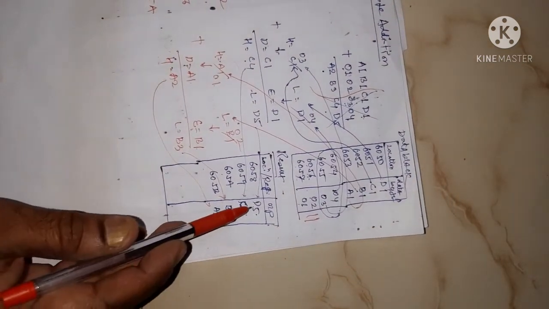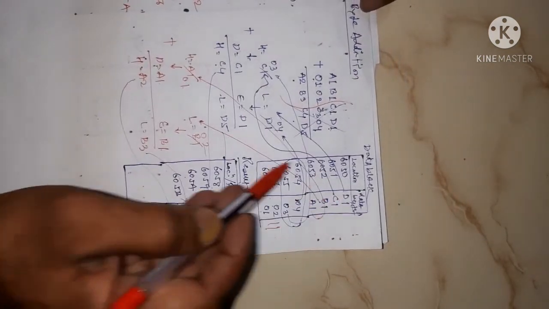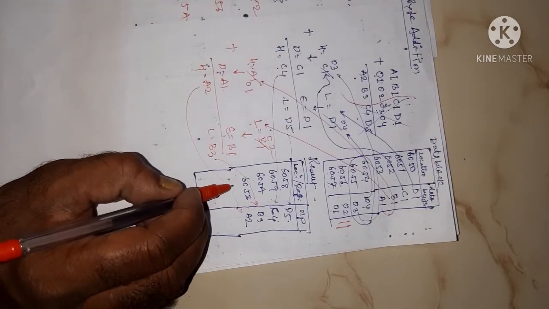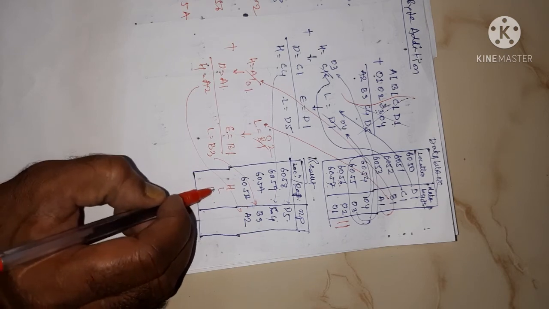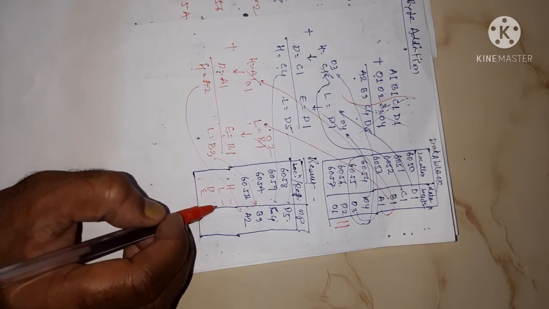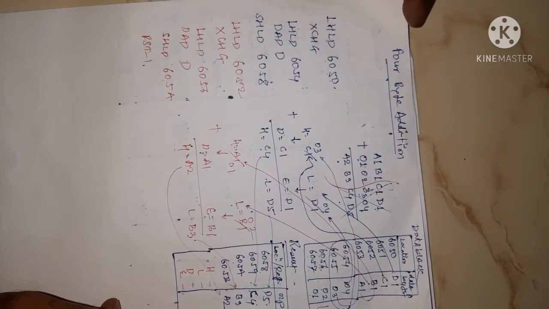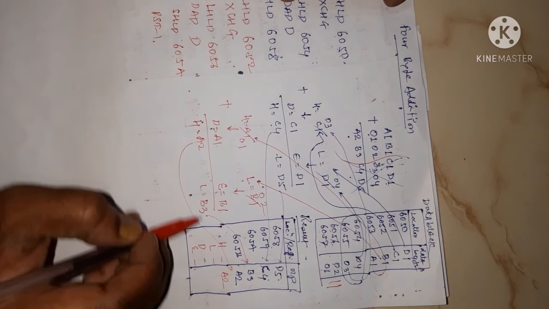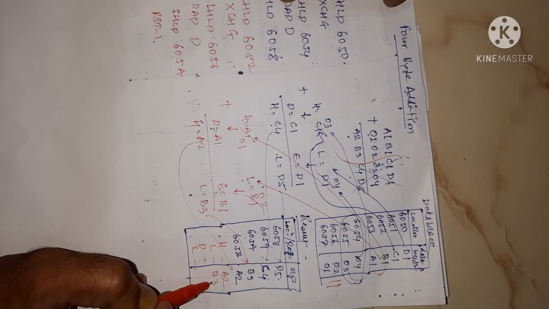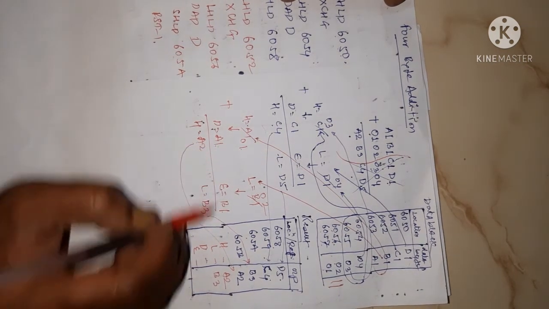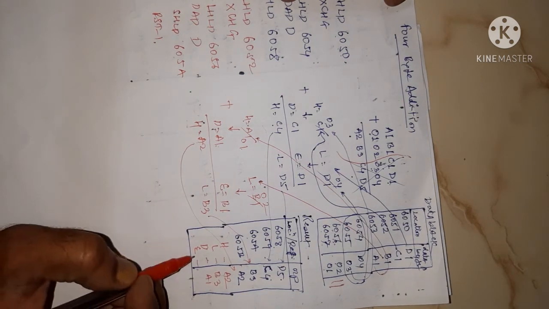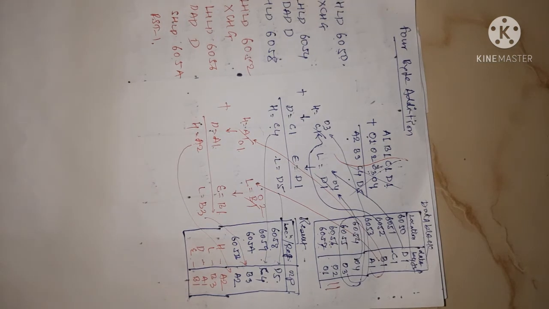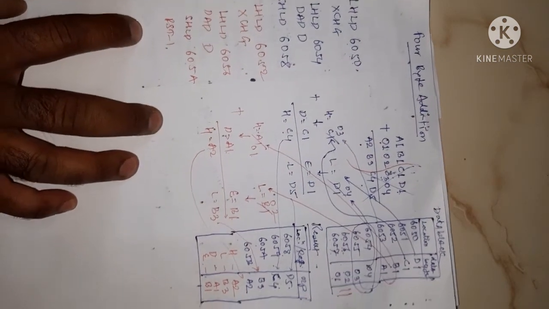So this is the expected output on these locations by processing these data bytes using these program steps. Now we have to write the contents in the HL and DE pair as an output. Only these registers were used in this program designing. So H will show us finally A2, L will show us B3, D will show us A1, and E will show us B1. So this is nothing but 4-byte addition program designing.